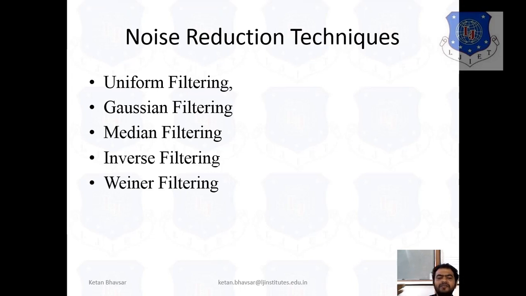In a practical environment, if you apply some filters and try to extract the original image, after that we use different resulting parameters like PSNR, SNR, MMSE. So there are different parameters that we have to see, and in a mathematical way we try to prove whether our filter is working properly or not. We will see this in the next sessions, but right now we are focusing on these three types of filters, because inverse filtering and linear filter we also saw in previous slides, where I gave you the basic idea, but we will discuss them briefly in the next slide.